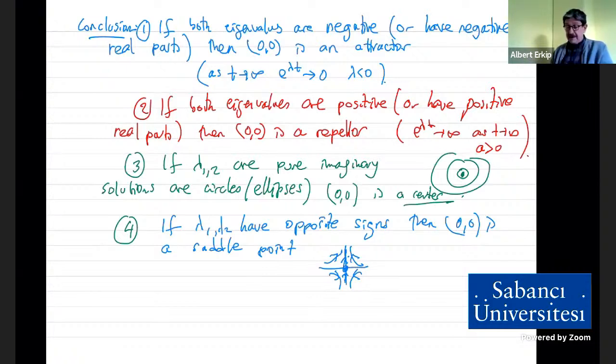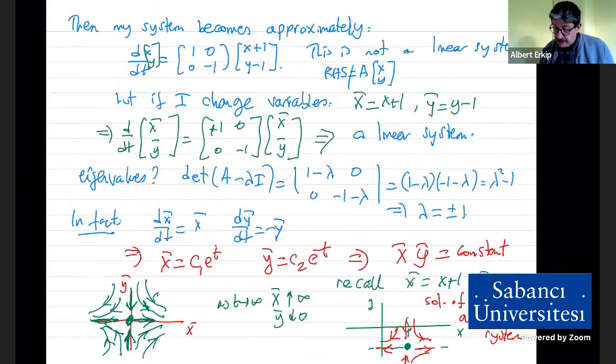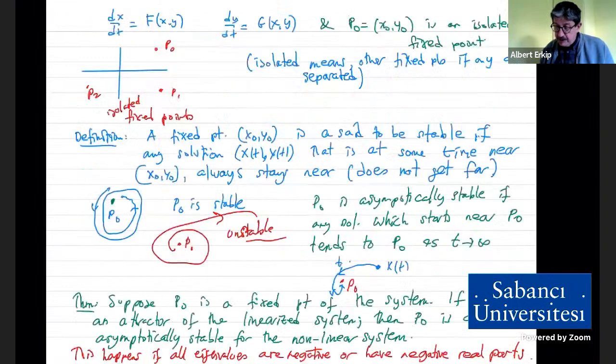Whereas if they are negative, or have negative real parts, then (0, 0) is an attractor, which, when you translate it, because we shifted coordinates, corresponds to the system's fixed point being an attractor. Okay. So this is really important because